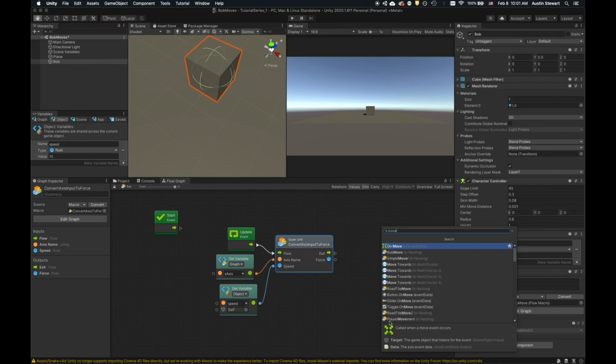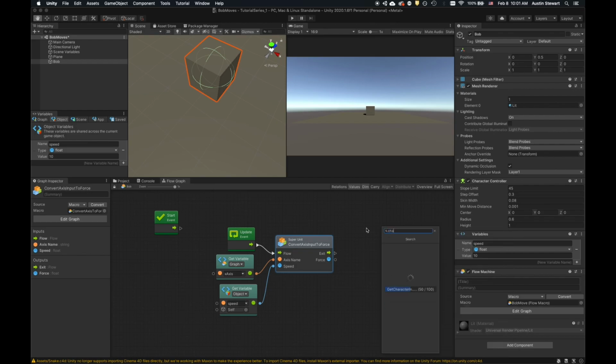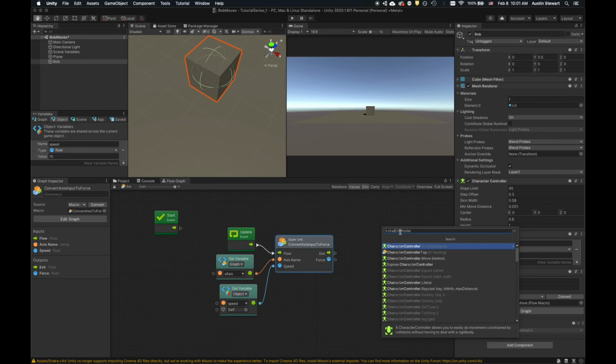there's all of these options. Where is it? Nope. Okay. That's a little bit too much. So we just need to type in character controller, and you have to spell character correctly or else it doesn't like you at all. So character controller, and the third option down here is move, and it says move and motion. And there's actually two different types of character controller moves, so I'm going to try and retype this correctly. So it's character controller